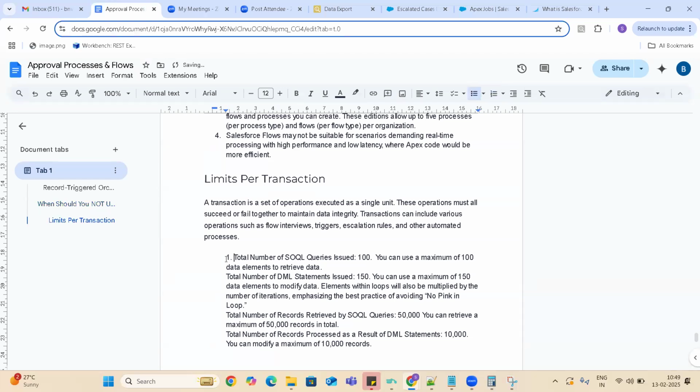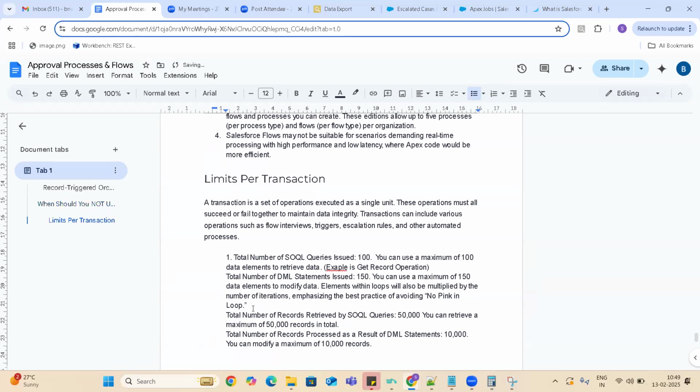The first limit is the SOQL queries. So here an example is the get record operation. Then DML statements.